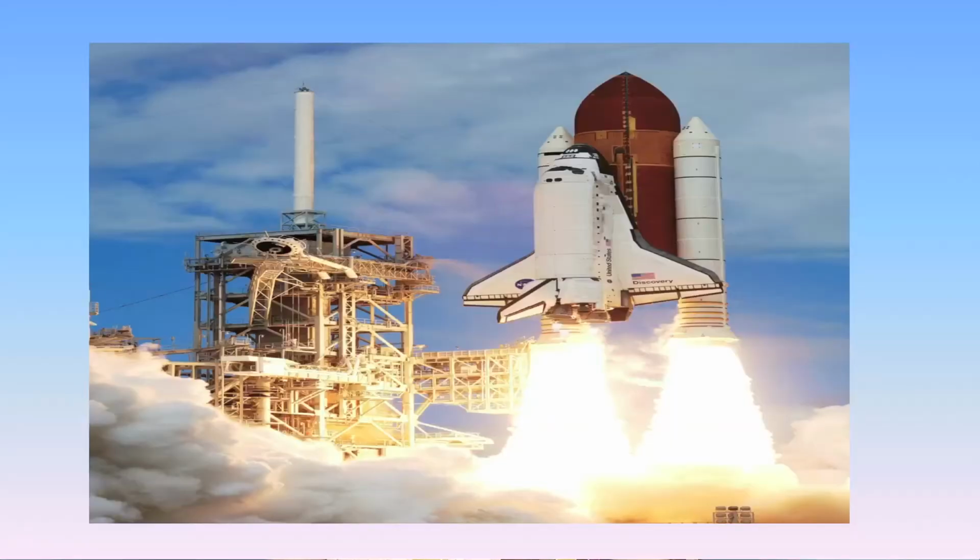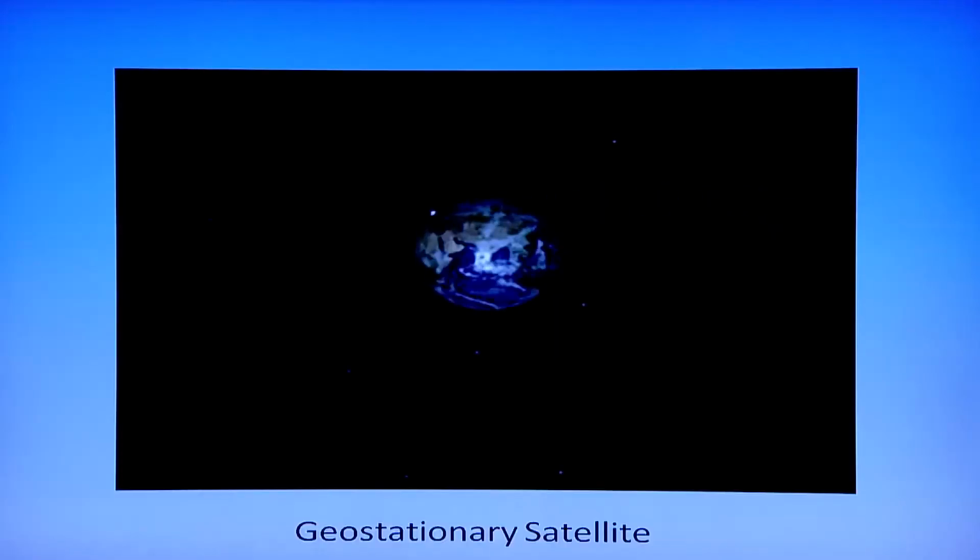The satellite has to be launched using a rocket, lifted into the correct orbit and given suitable energy and momentum in the right direction so that it keeps moving. A satellite could be geostationary, which remains stationary with respect to Earth. A satellite in a geostationary orbit keeps moving with the same angular speed as Earth and in the same direction as the rotation of Earth. So, a geostationary satellite has a revolution time which is equal to the rotation of Earth,